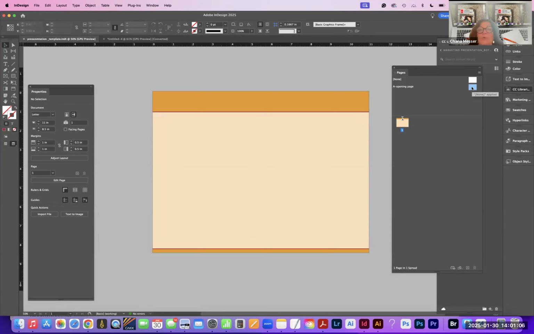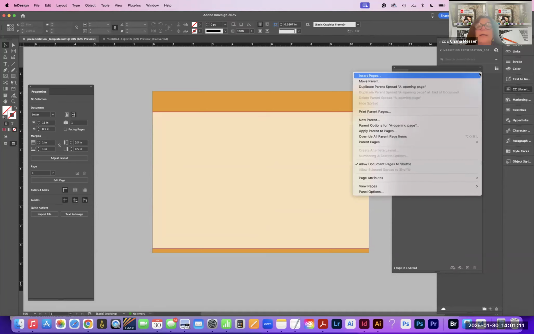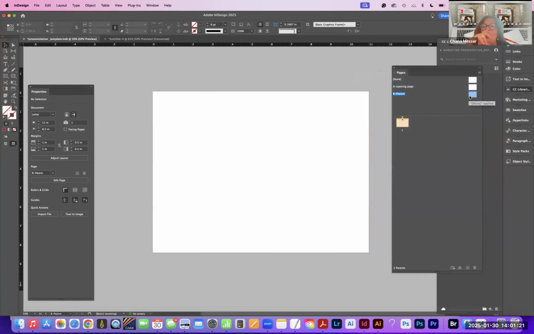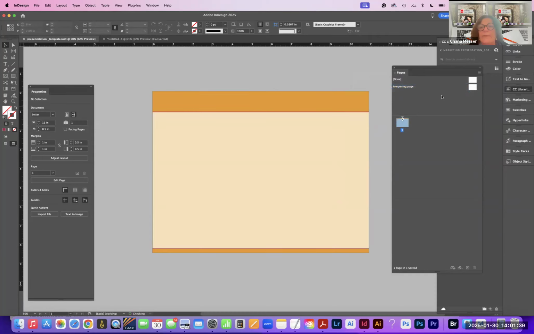Now we're going to go to the opening page, go to the flyout menu, and over here say duplicate parent spread 8. I'm going to duplicate it. And I'm going to duplicate the stuff that I have. And now I can start doing another parent page. I can decide, so my presentation maybe is going to be a little bit different. Or if I didn't want to do it like that, I can go back here and